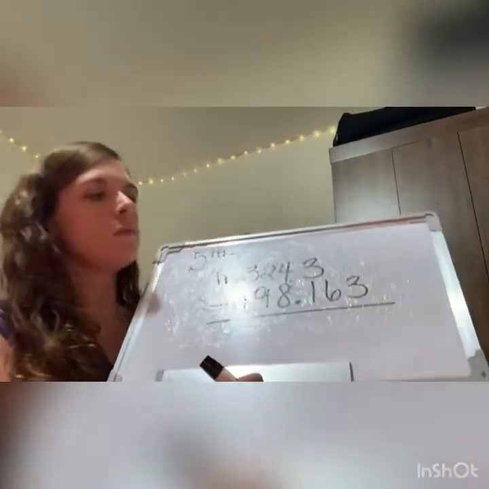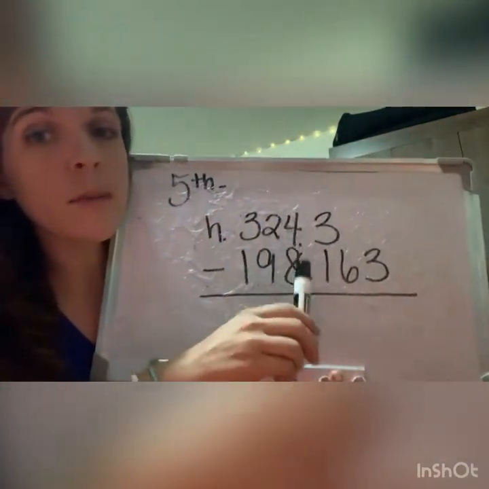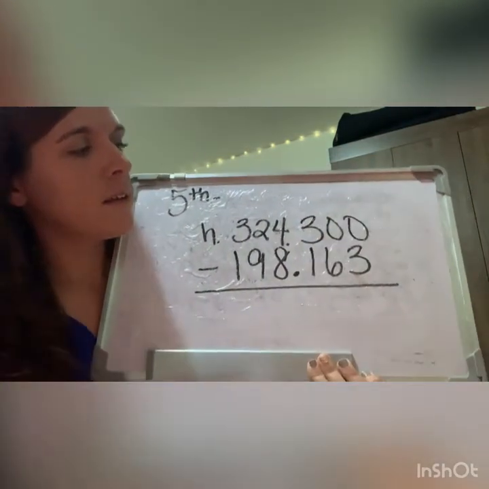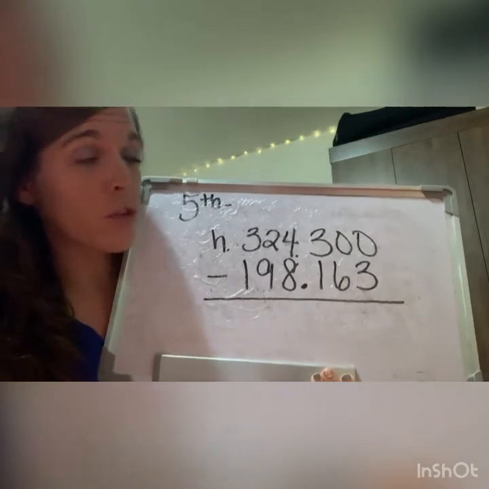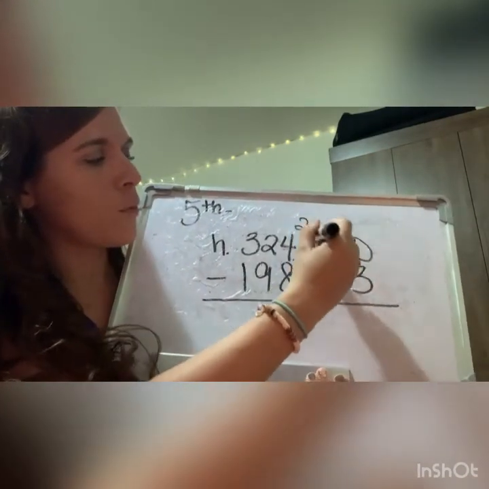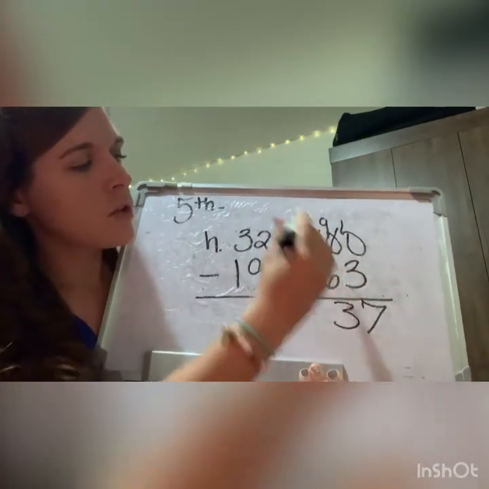Ready? What do we have to do here? I lined up my decimal places, right? So make sure you have it like that. And then I have to put 2 zeros here, right? Gotta do that, you guys, because then watch what's going to happen. This becomes a 10. This becomes a 9. This becomes a 2. 10 minus 3 is 7. 9 minus 6 is 3. 2 minus 1 is